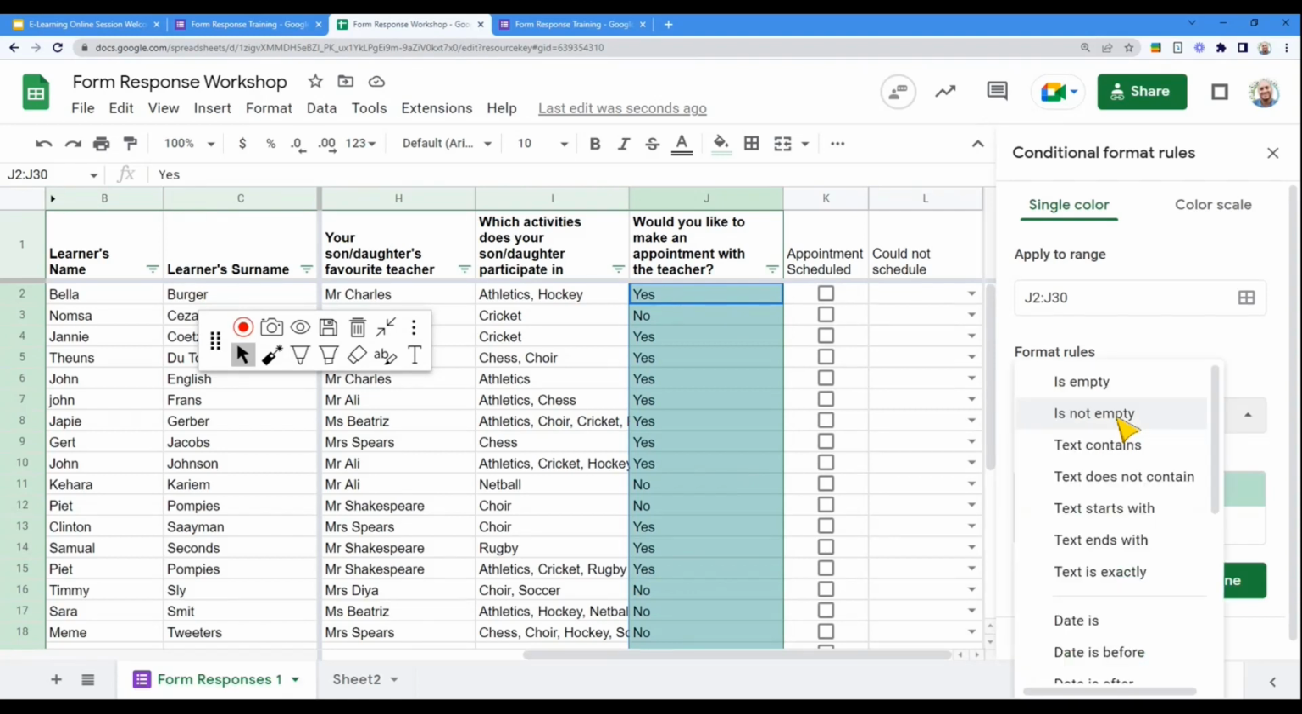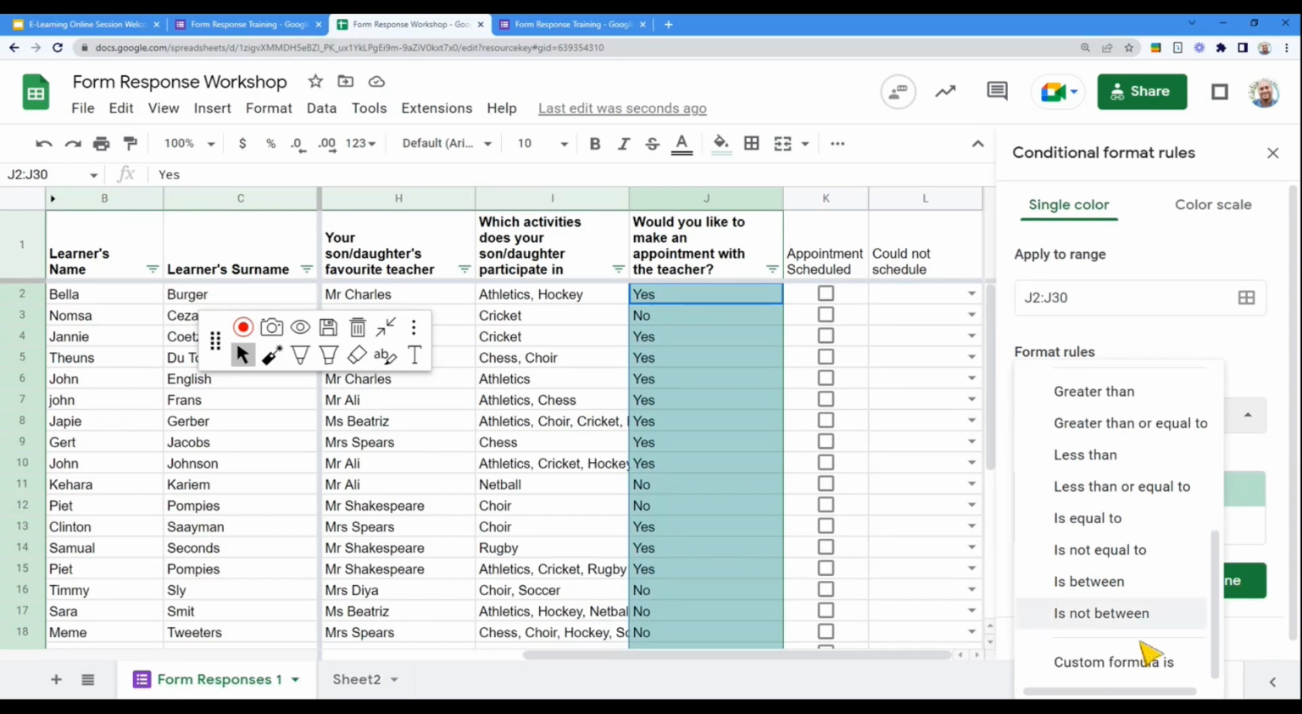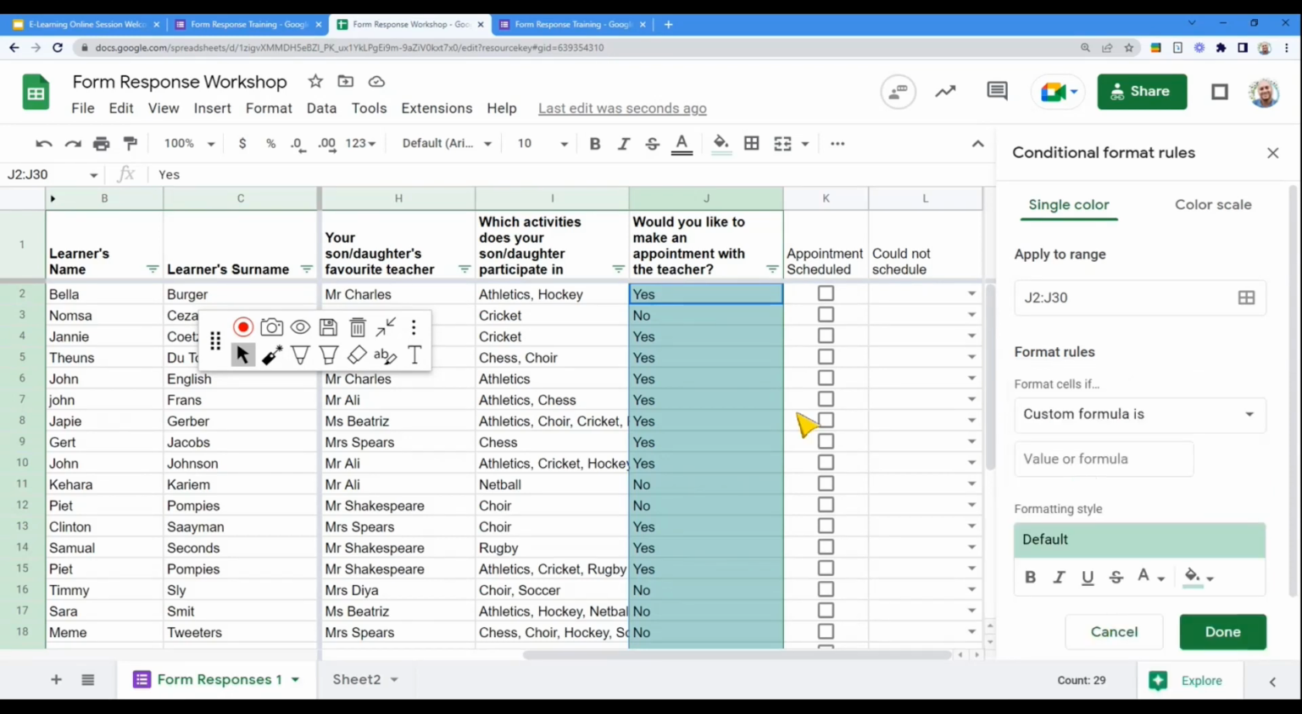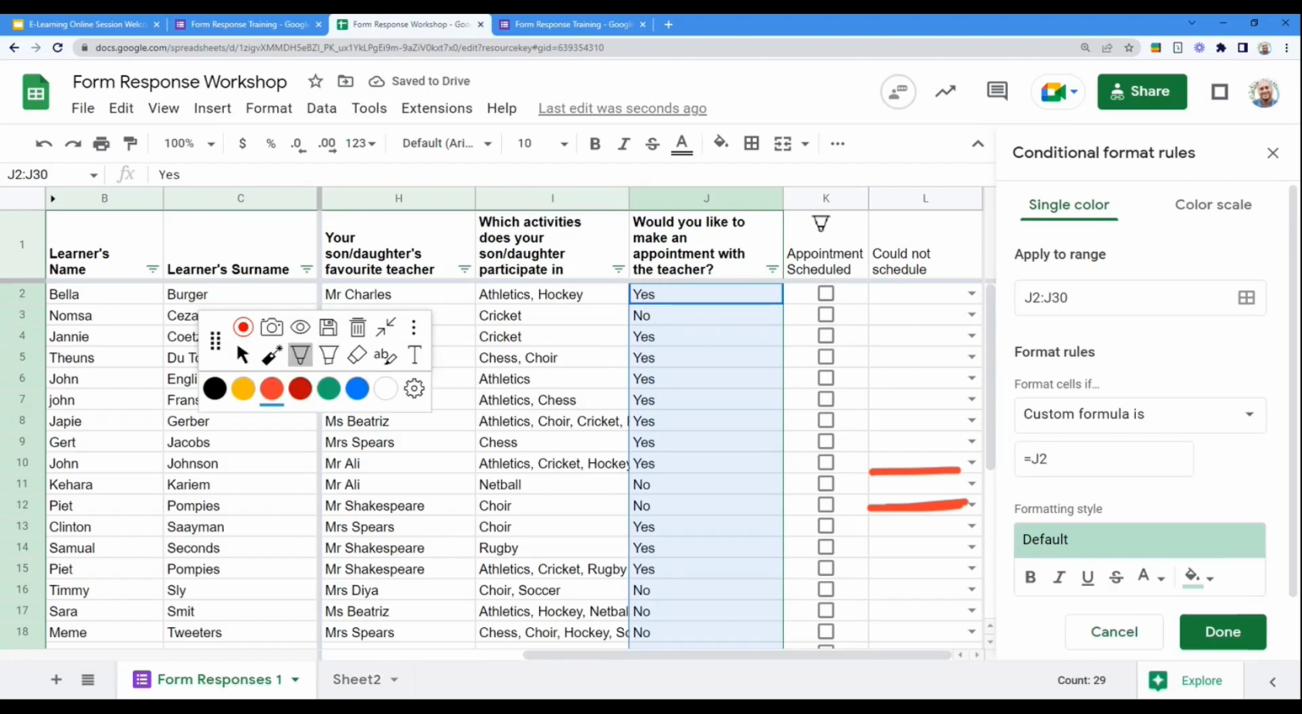So instead of using any of these, we're going to scroll right to the bottom, and we're going to say custom formula is. Now, when we get here, we want to start applying a formula, and all formulas have to start with an equals sign. So we're going to say equals. So in other words, not if this equals, but if our first cell, J2, which is this one, if J2 equals yes,